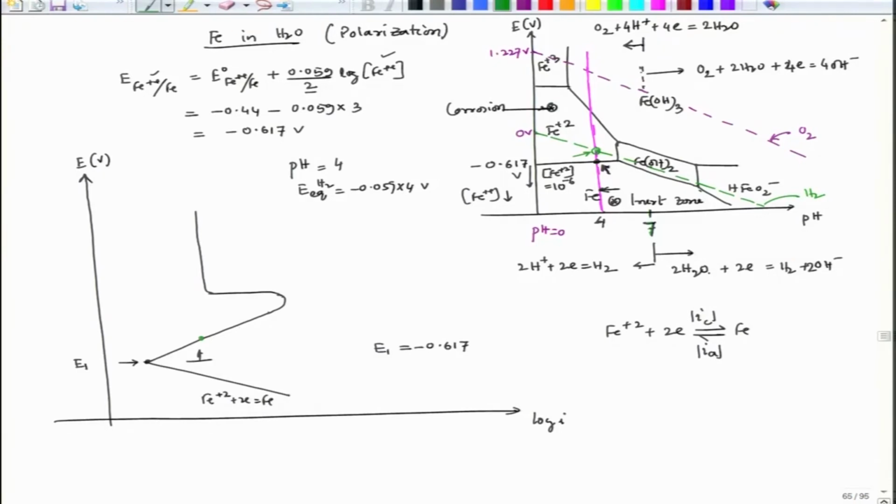So, that means the cathodic polarization for the hydrogen evolution reaction will cut it. So, it will have its own hydrogen evolution polarization line. So, let us say this is my hydrogen evolution polarization line. So, this is H+ + 2e- = H2, and this potential is nothing but